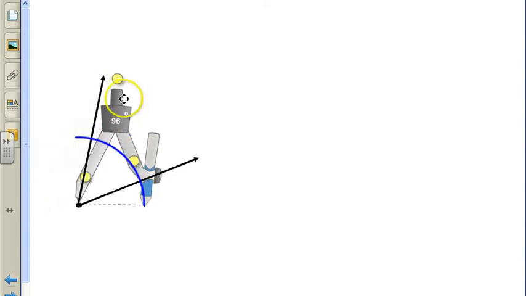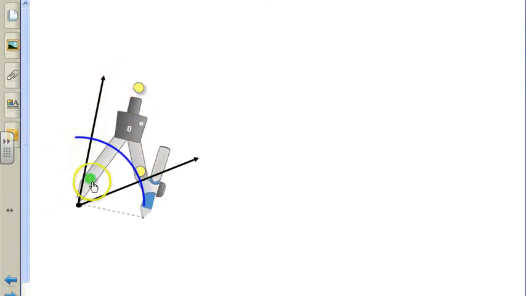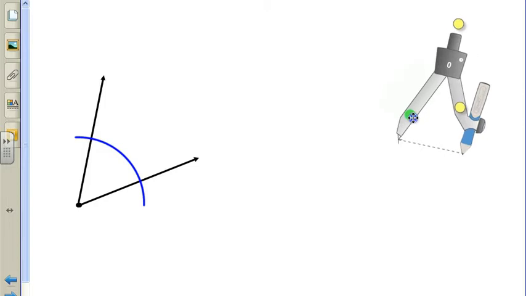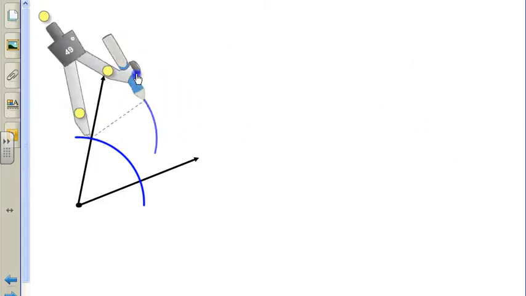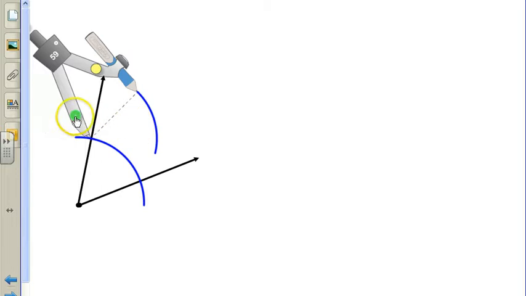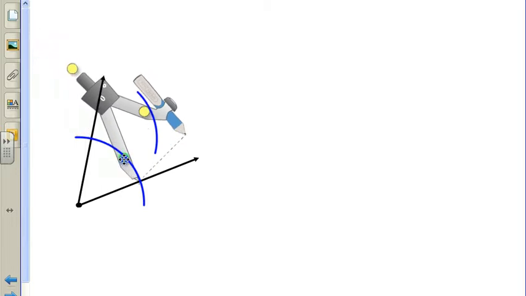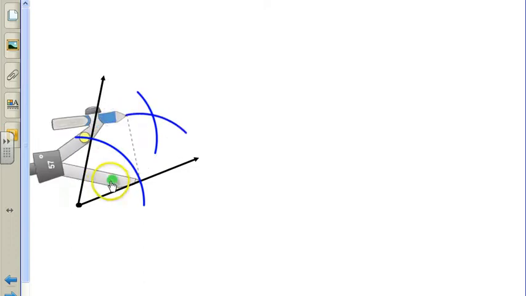So it starts the same way as the angle. And I have 2 intersections now. I'm going to use those 2 intersections to draw an X. I'll place the point on one intersection and draw an arc in the middle of the angle. I'll place the point on the other intersection without changing the compass setting, and we'll draw another arc, and now